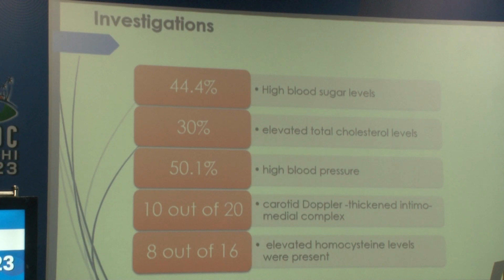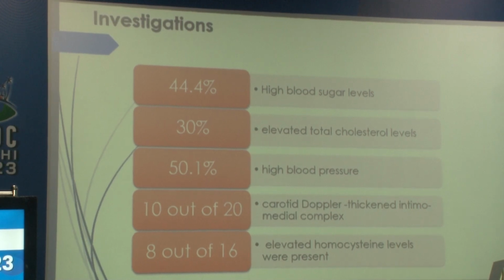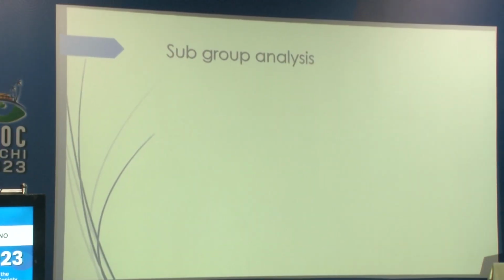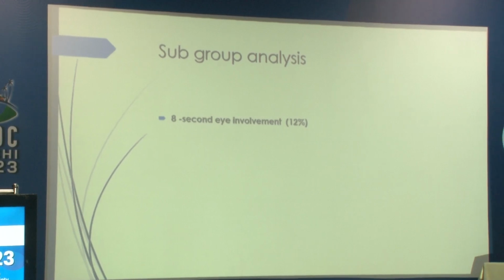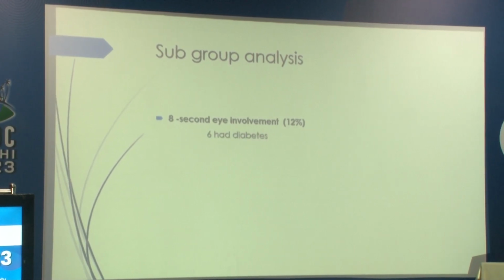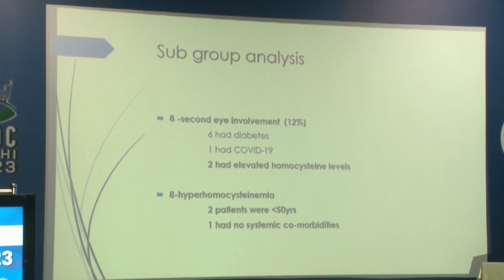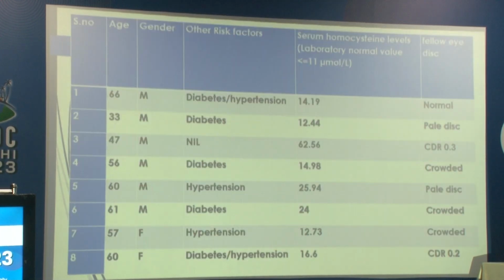carotids or its branches, and of the 16 hyperhomocysteinemia patients who came back to us with homocysteine levels, 8 were found to have it elevated. And then we did a subgroup analysis: 8 patients with second eye involvement had diabetes, which is a proven risk factor, and we also had 2 patients with hyperhomocysteinemia. And of the 8 patients who had hyperhomocysteinemia in our study, 2 were less than 50 years, and 1 patient had no systemic comorbidities. The third patient also had a moderate elevation of homocysteine levels, whereas others had a